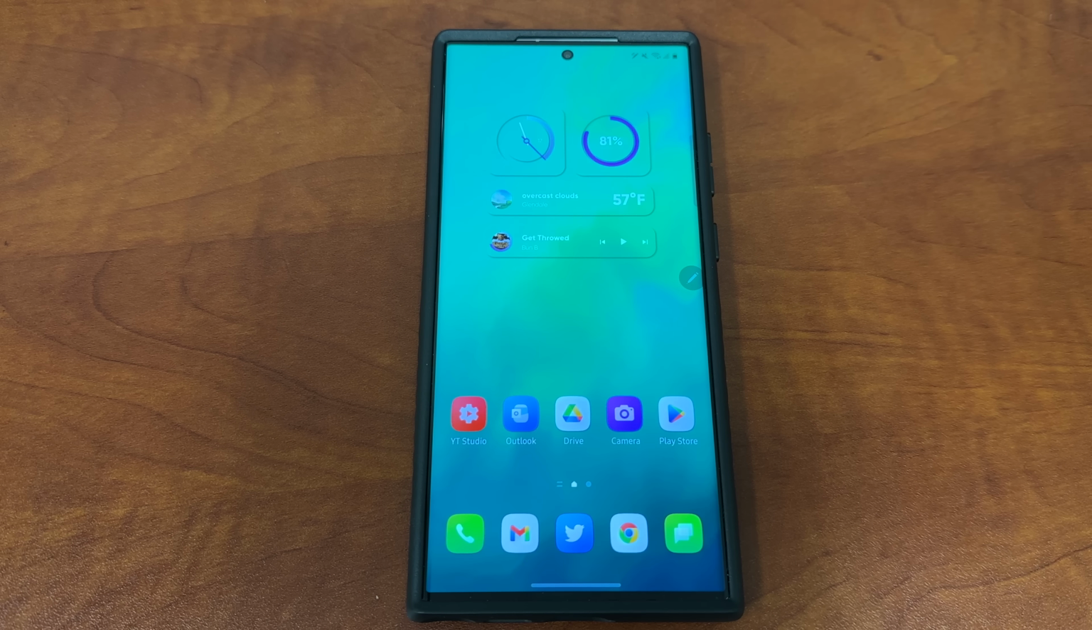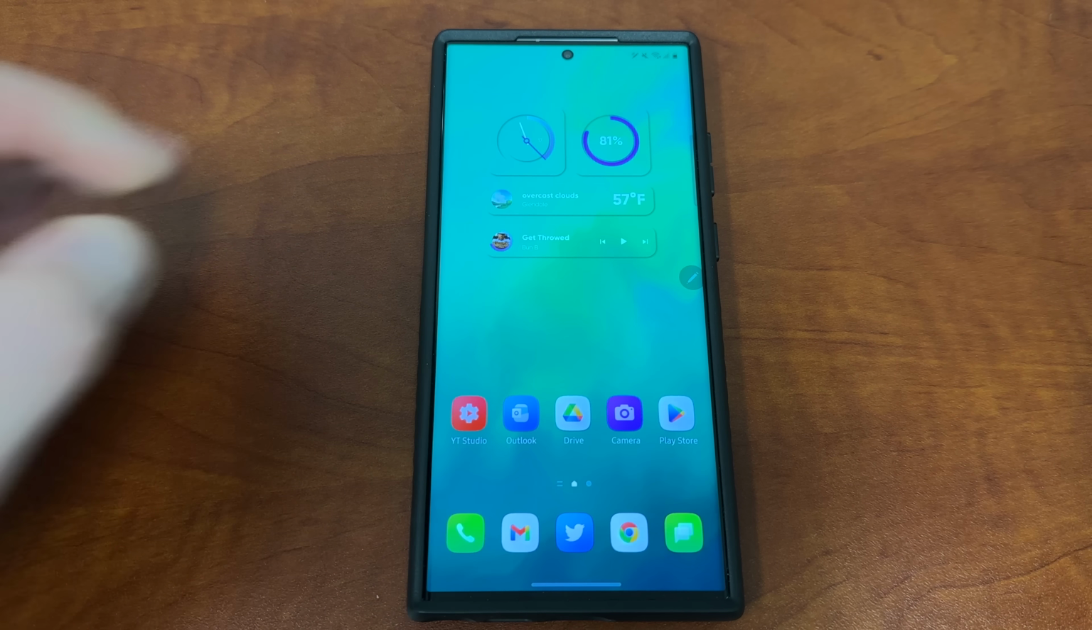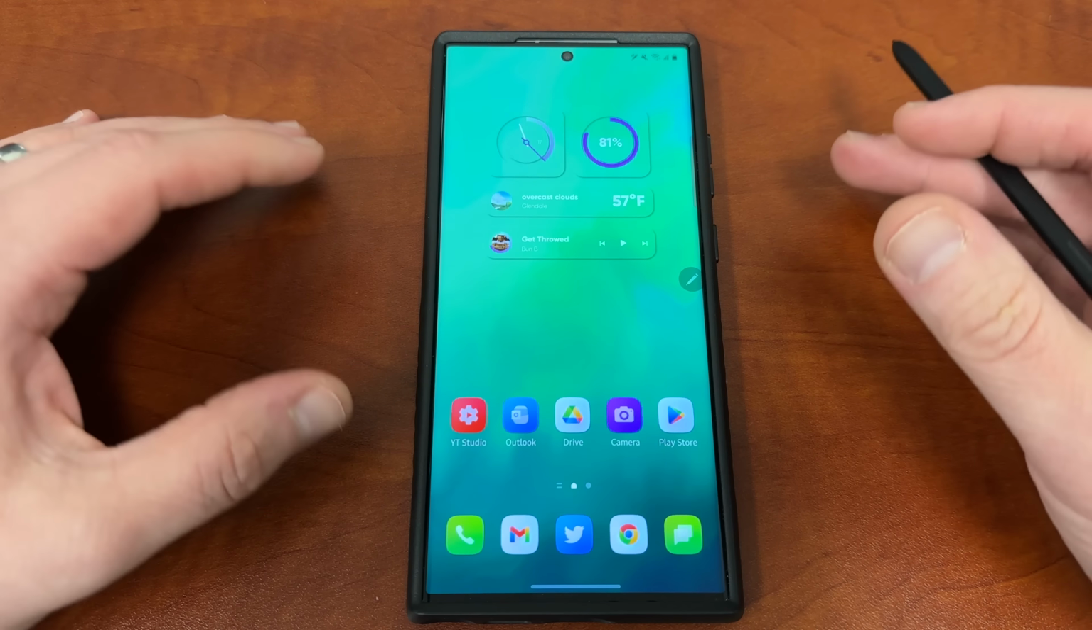What's up YouTube, Jeff back again, and today I'm going to show you guys some hidden features on your Galaxy S23 Ultra. If you guys are really into customizing your phone or you just got a Samsung device here with